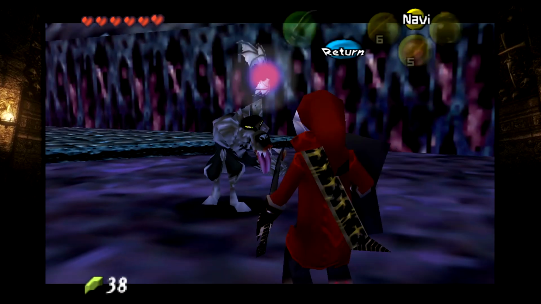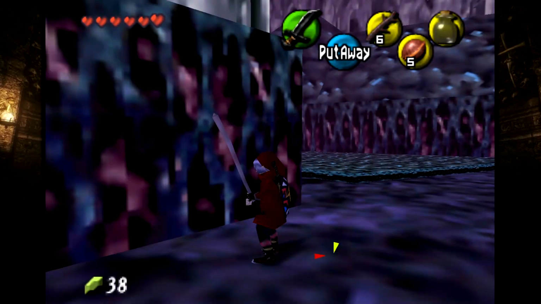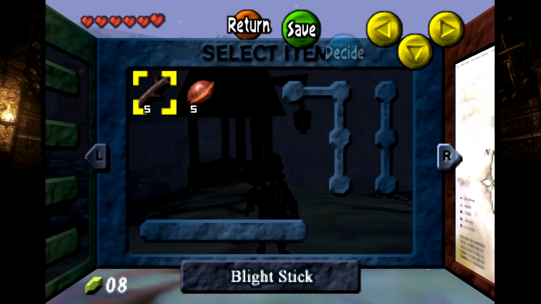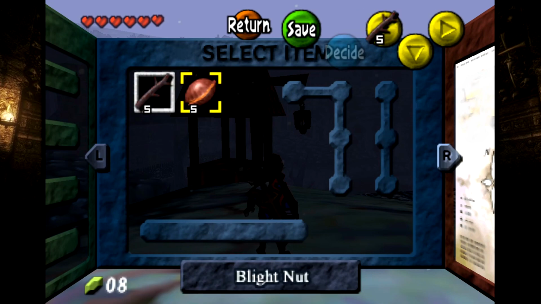Oh, and Wolfos. Wolfos are there too, but they are not much different. But they fit the aesthetic. I like that. Oh my god, that stick looks disgusting. What is that? Is that a Dead Hand's arm? I actually think they used a Dead Hand's arm for the Deku sticks and called it a blight stick. It's gross. I don't like it. Don't care for it. Wait a minute. If these are called blight sticks and they're a Dead Hand's arm and these are called blight nuts...